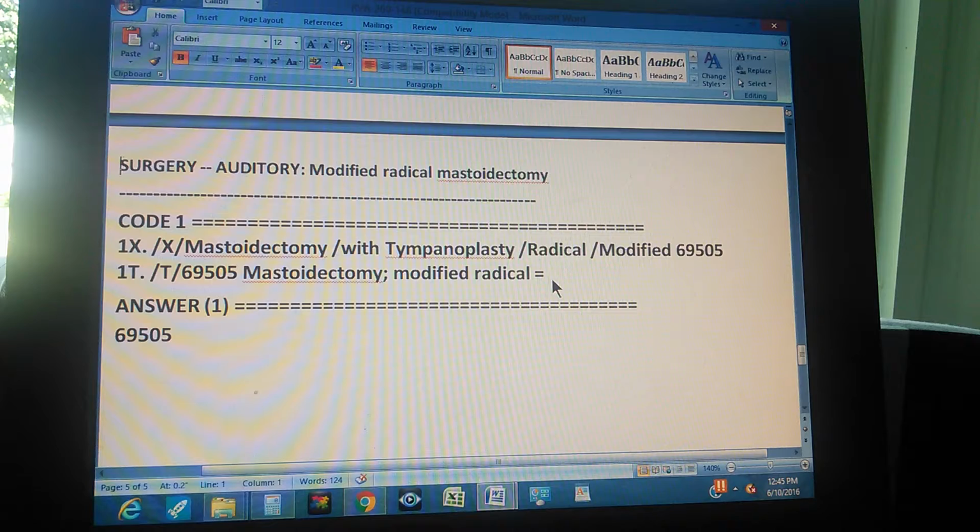There's a semicolon there, because there are other things, but the semicolon is where you divide. Then underneath that, you're going to find modified radical, which means exactly a definition of the procedure that we have. That's why we have the equal sign at the end, which means that we double checked this code. So the answer is